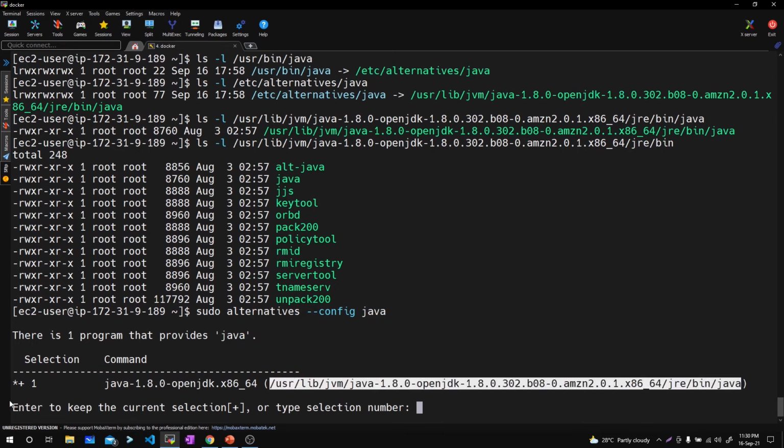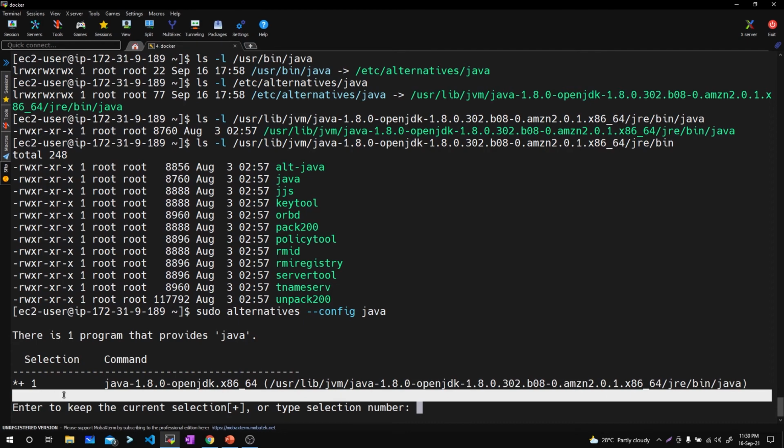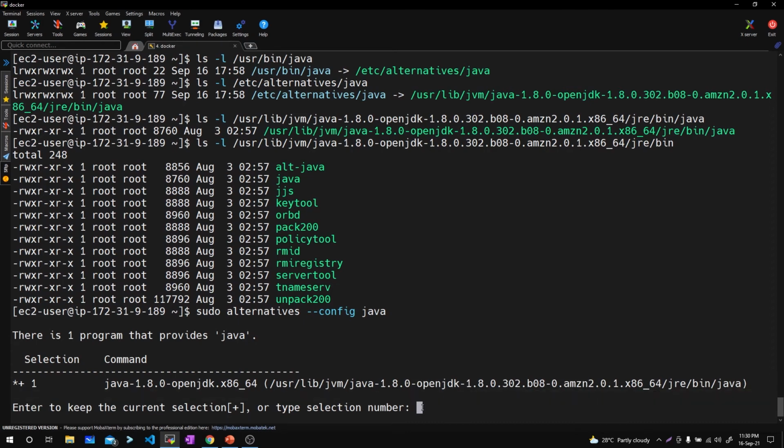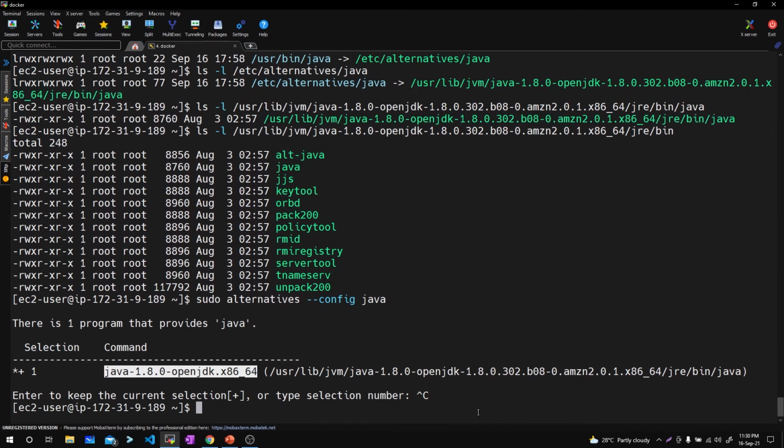If you have one more, that will be shown in the next line. Then you can just select the number of your choice to set that particular Java version as the default version. For now, I'm just using Control C to come out of that selection.